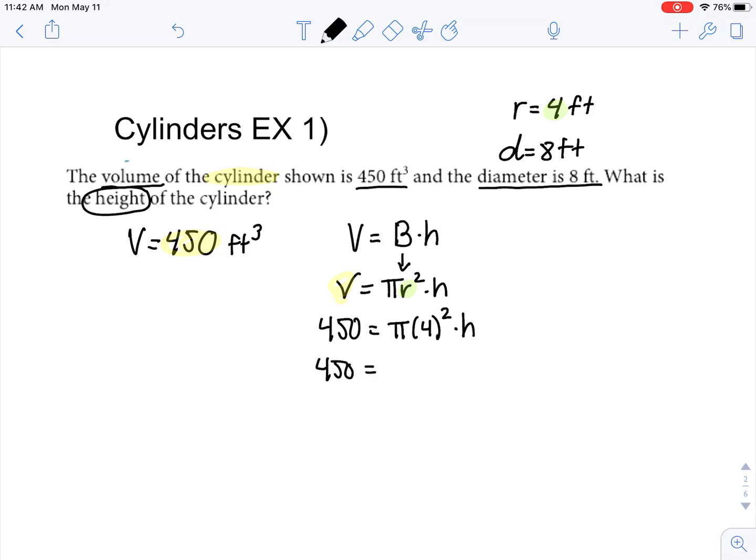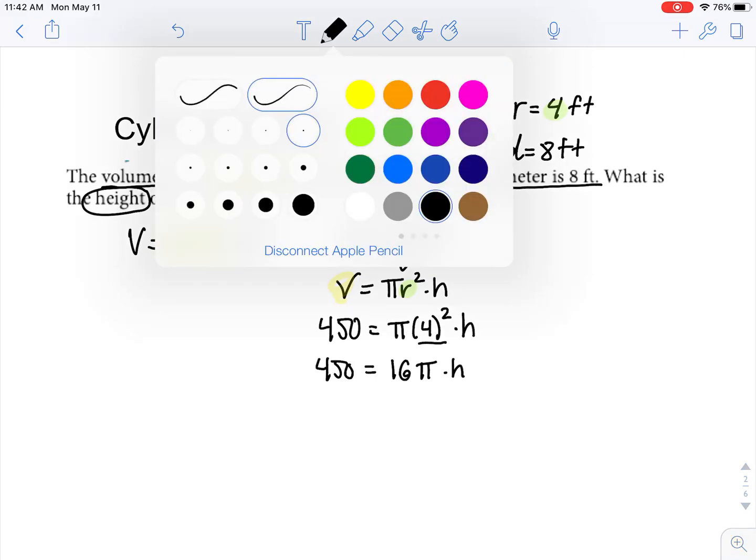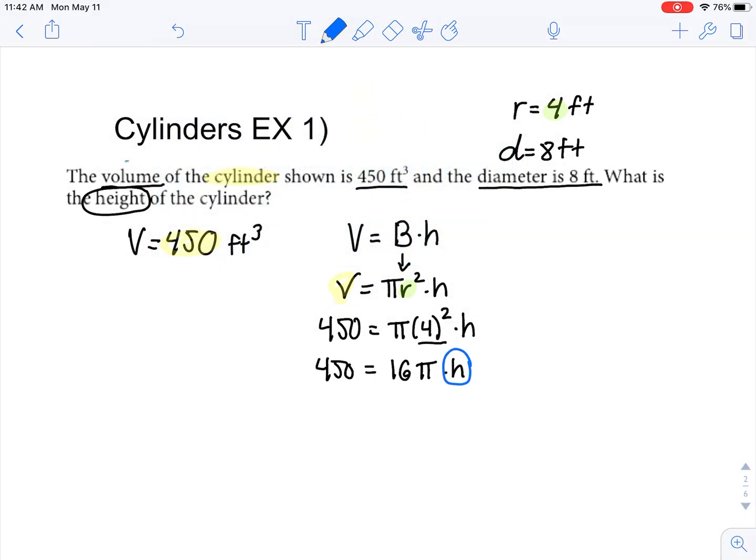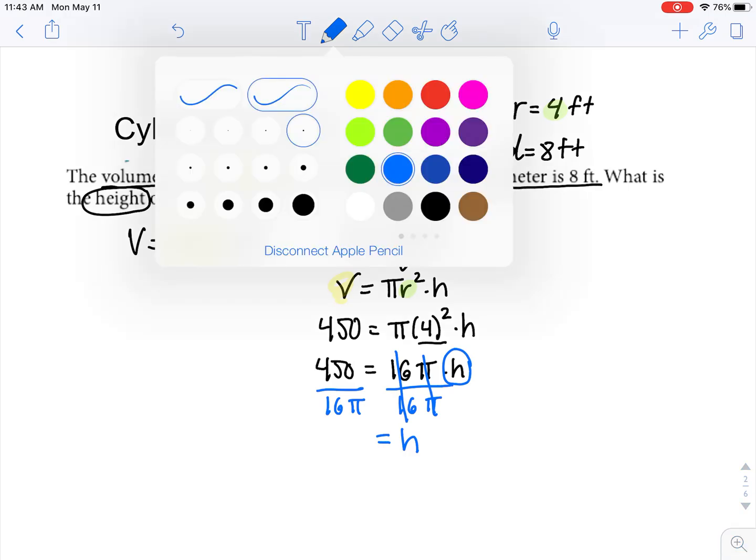Now you could do this all in one step if you recognize, and I'll actually just do this real quick. 4 squared is 16, so we have 16 pi times height. Since we're trying to isolate the height, the only thing we really need to do is divide by 16 pi. And that means that on this side, we also need to divide by 16 pi. By doing that division, 16 divided by 16 becomes 1, pi divided by pi becomes 1, and we're left with